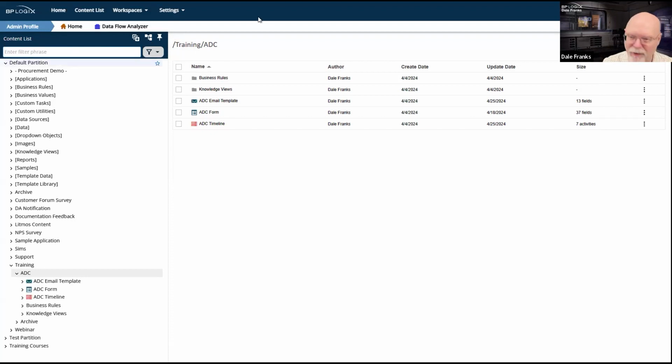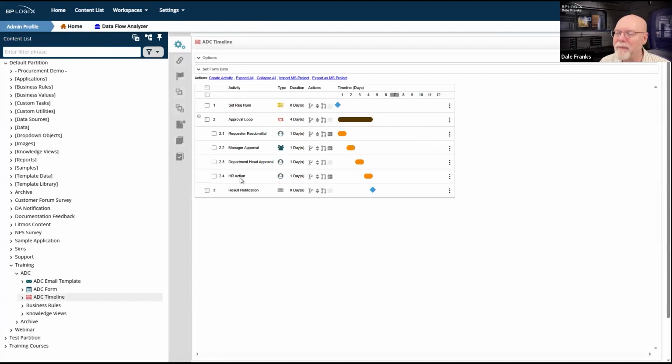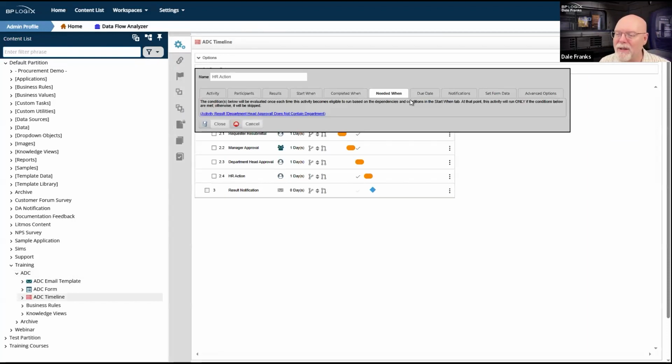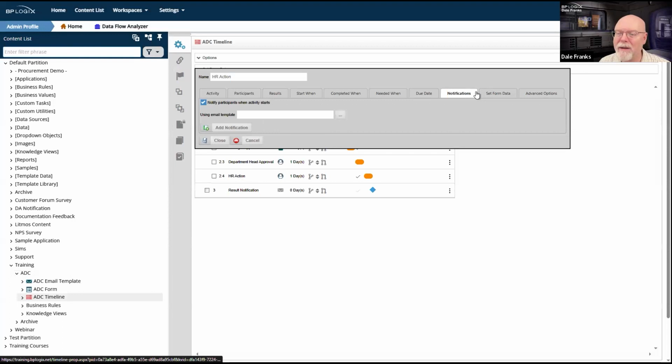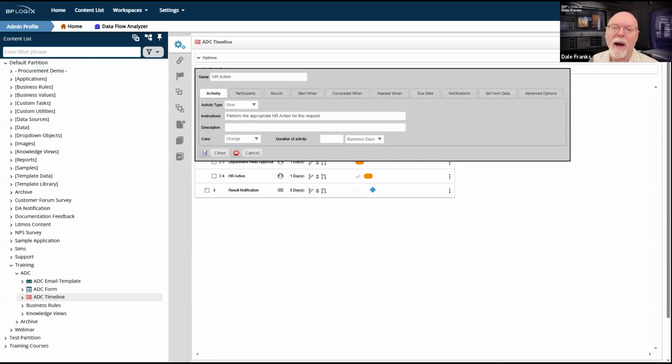It says the folder is up to date. Okay. HR action, notifications, notify when activity starts. So I'm not sure where my other two notifications went. Could be a problem inside the notification itself. Again, conditions. Conditions are hard. So let's go back to our form,